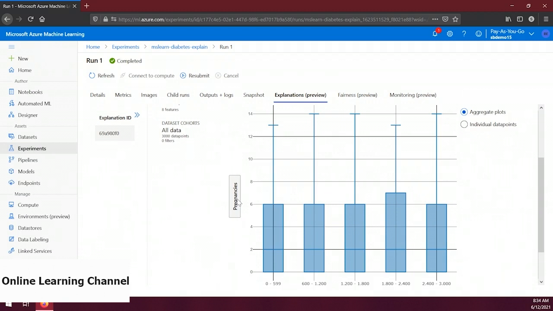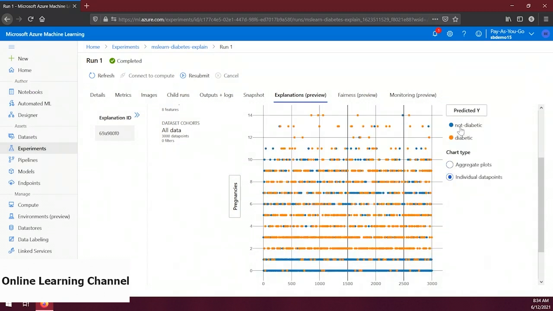Good. Now, in the right-hand side, let's choose the Individual Data Points radio button. Perfect. Now let's look at what this chart is telling us. What's most important to us here is the y-axis and the color of the dots on the chart. Yellow dots show us patients that were determined to be diabetic. Blue dots show us patients that were determined not to be diabetic, and the y-axis tells us how many pregnancies